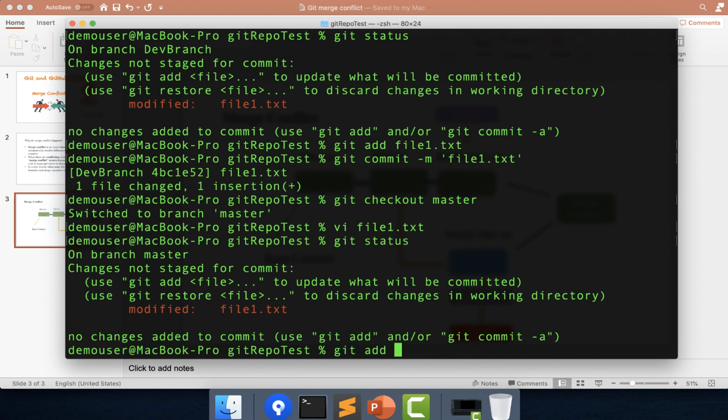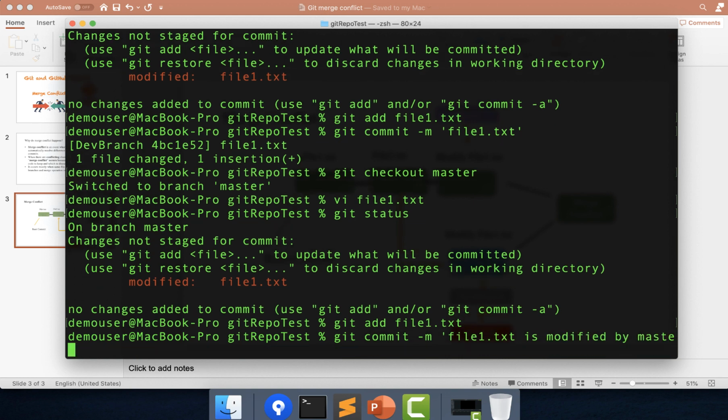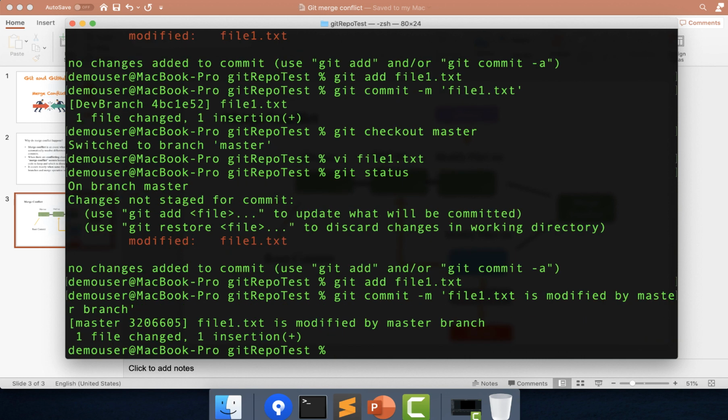I will just simply add it, file1.txt, and I will commit it. We'll give a proper comment for this, and this is committed.